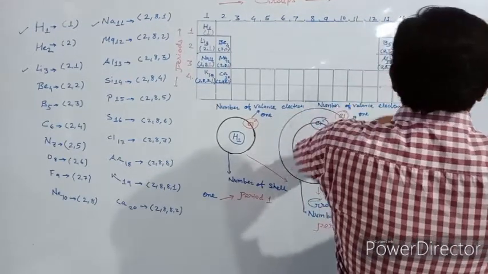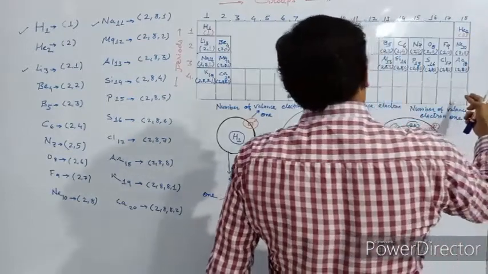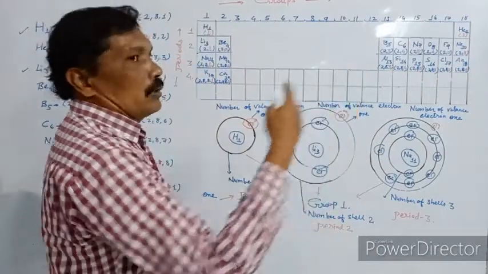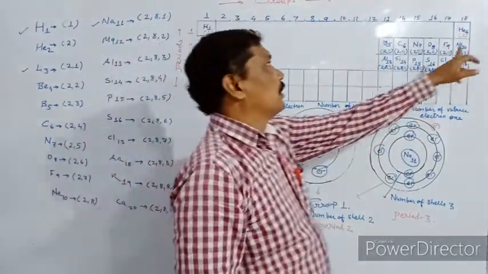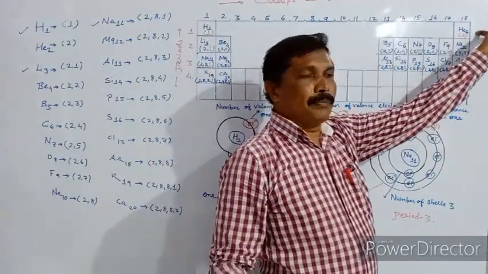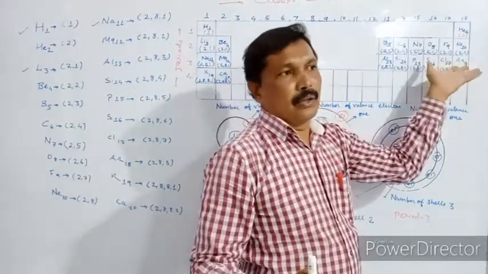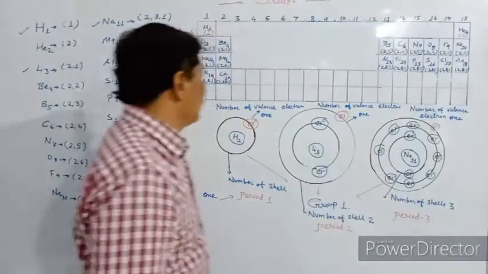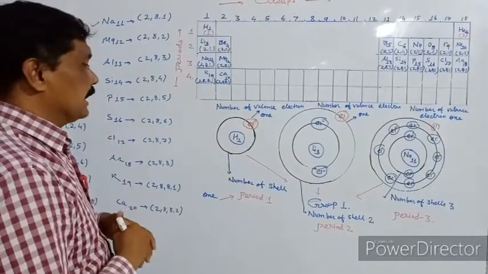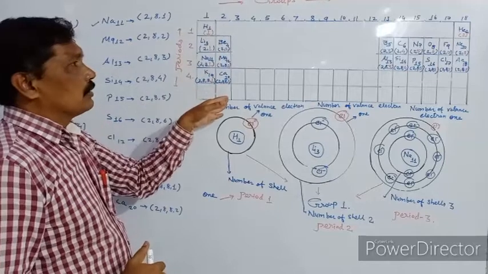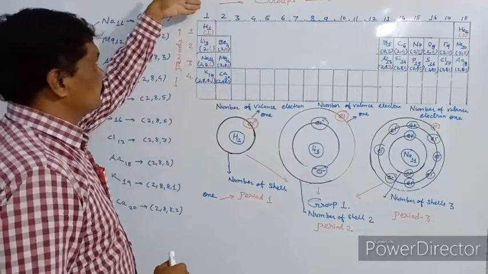And for group 18, the number of valence electrons is not considered, but the complete electronic configuration is considered. So the first orbit electronic configuration is 2, second is 8, and the octet rule is complete. So from this we can say that the number of valence electrons gives us